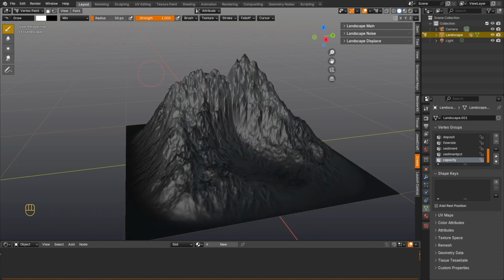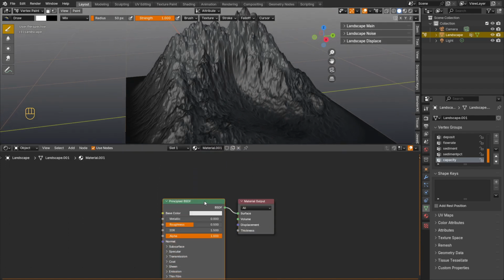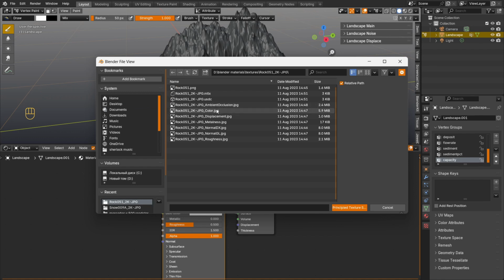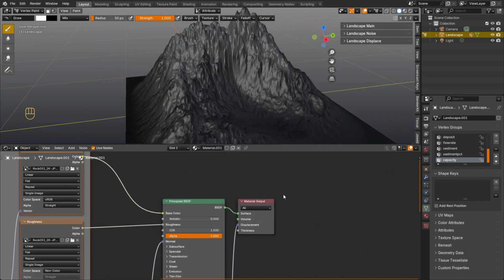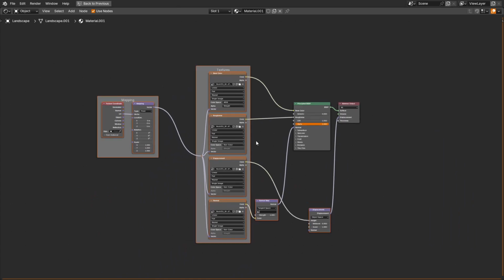And so we add a new material and press Ctrl-Shift-T at the moment when we point to the Principled BSDF. You can download the stone material on Ambient CG for free. This gives us the opportunity to select several elements at once for connection. And so Blender connects all the elements of the material instead of us. You just need to check that everything is correct. And so we added the stone material.